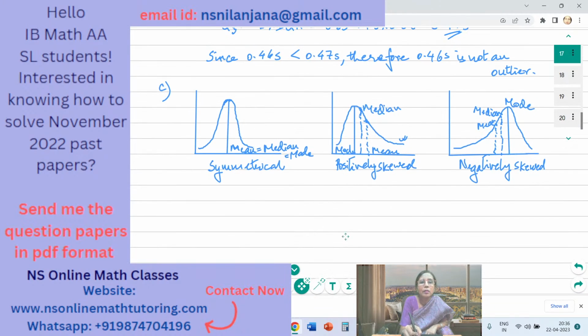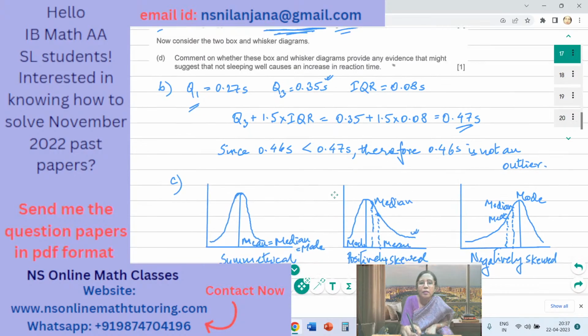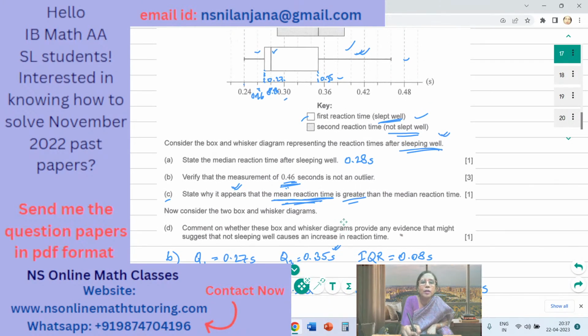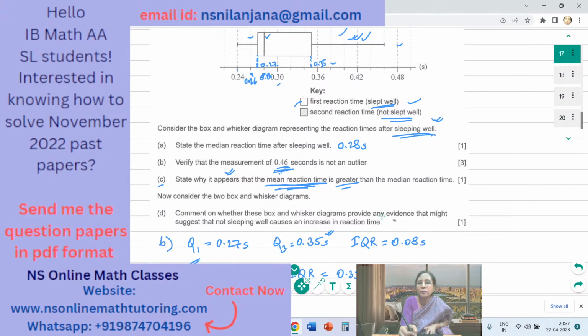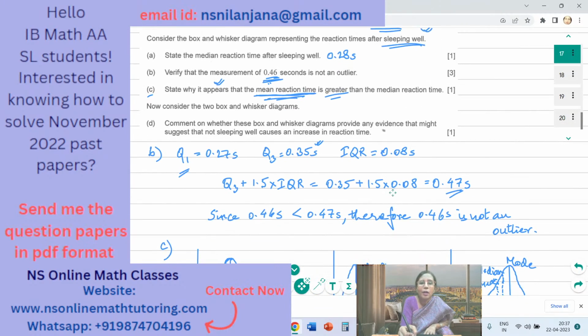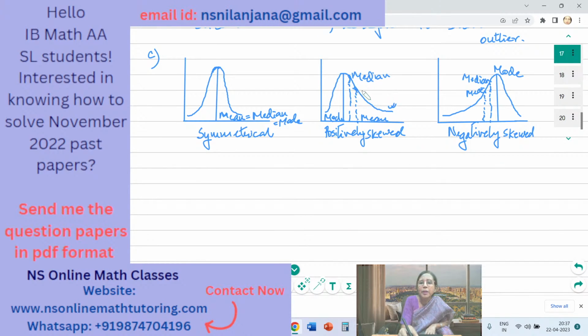Therefore, the question is asking why it appears that the mean reaction time is greater than the median reaction time. Because the distribution is positively skewed. We have a long right whisker; the right whisker is longer than the left whisker. That suggests a positively skewed distribution. And for a positively skewed distribution, the mean value is obviously more than the median. Okay? So you can write the answer as,